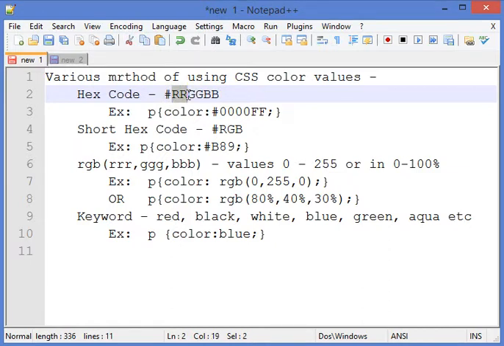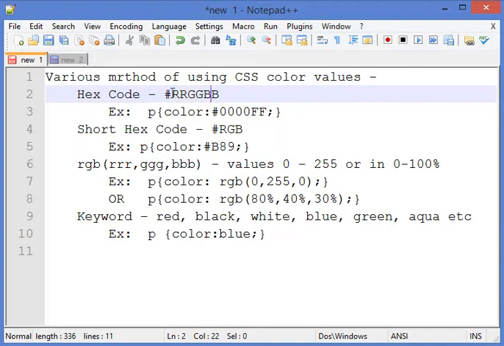The first two digits will represent the red value, the next two the green value, and the last two digits will represent the blue value. You may know that all color combinations we can achieve by combining red, green and blue. So that concept is basically used in order to create the color value.